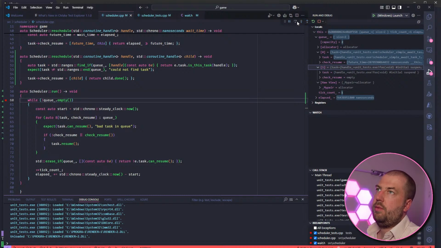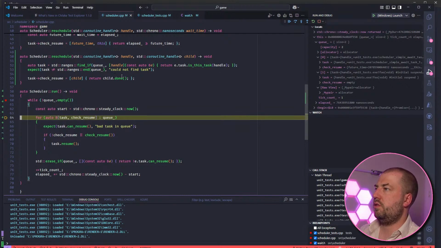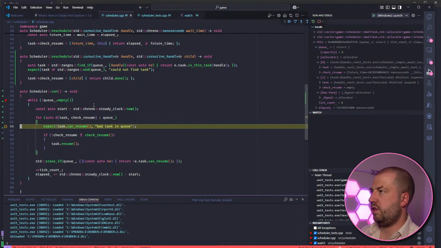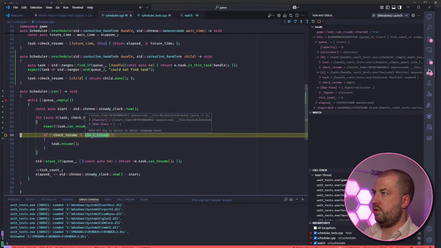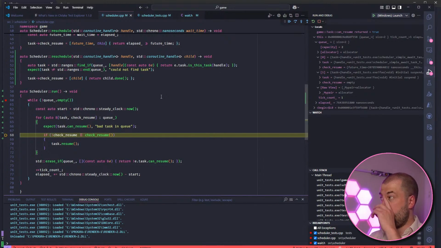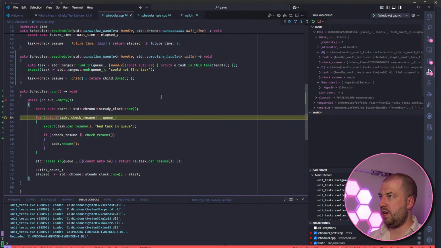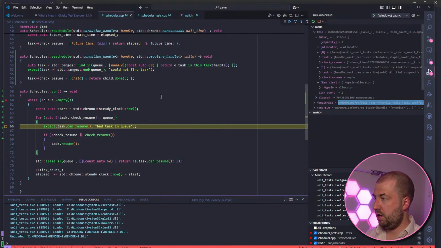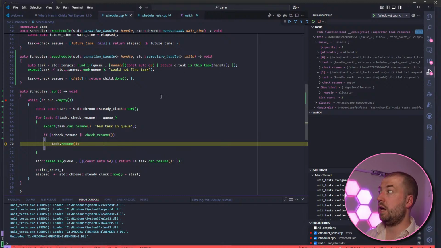Okay, so let's step over this. So what do I want? F10? When's it home? I'm used to x64 debug. Okay, so we got the task. This is the first task in the queue. It can be resumed, and then this should return false. So this shouldn't resume it because the child is not yet complete, which is correct. It then goes back round again, picks up the second job. Okay, this can be resumed because it has no resume checker, so it resumes it.